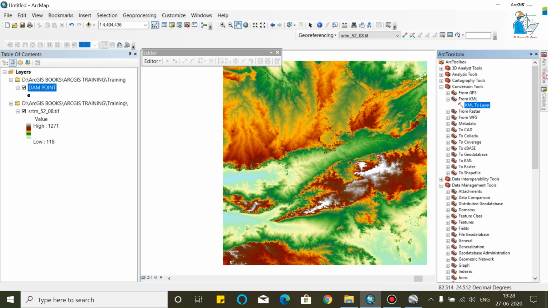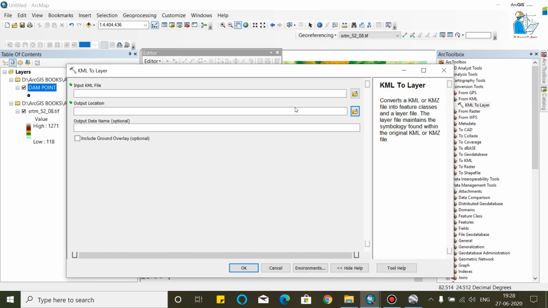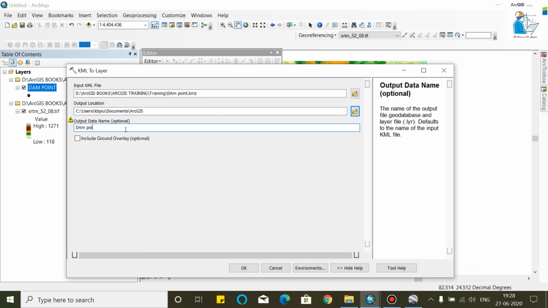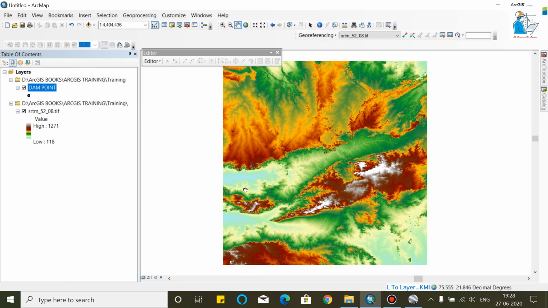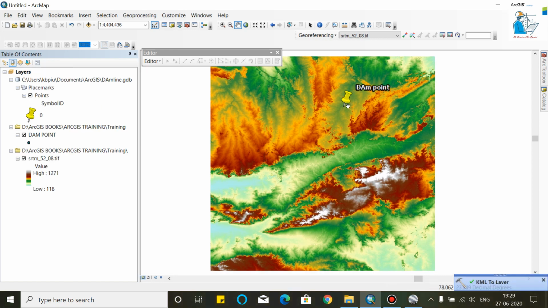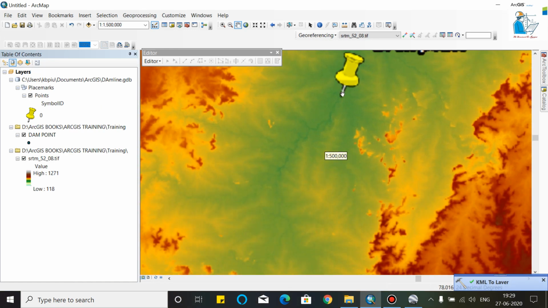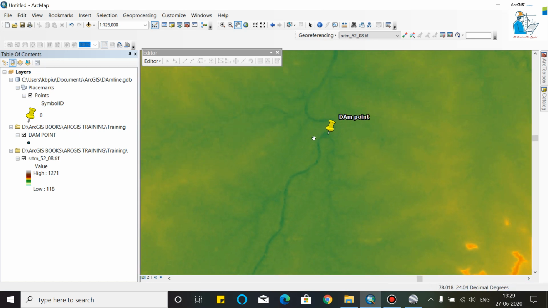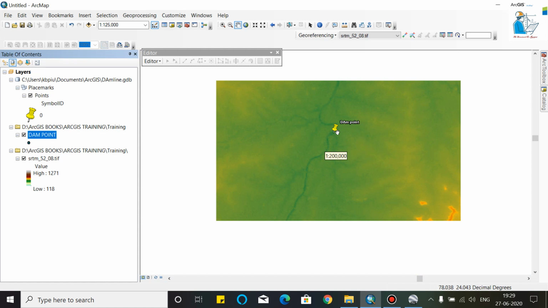We will do it again. KML, select dam point, and name it dam line. Click OK. Now your point is selected. We have to place this dam point at this point.